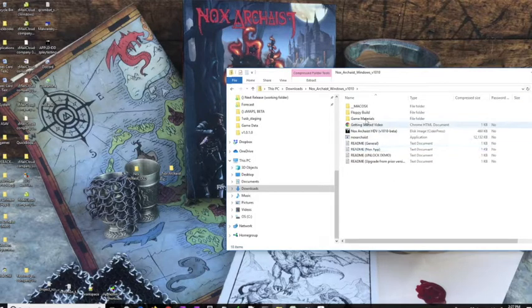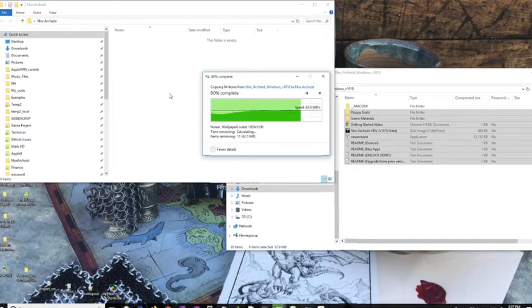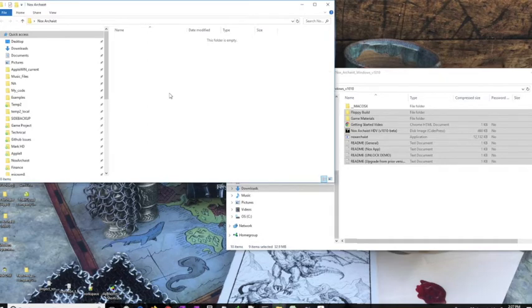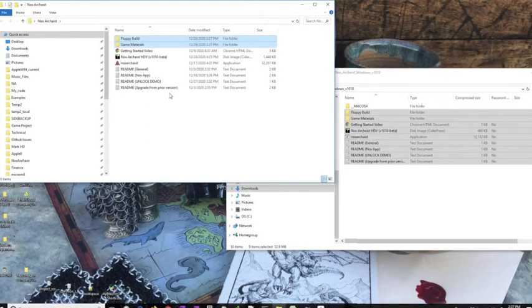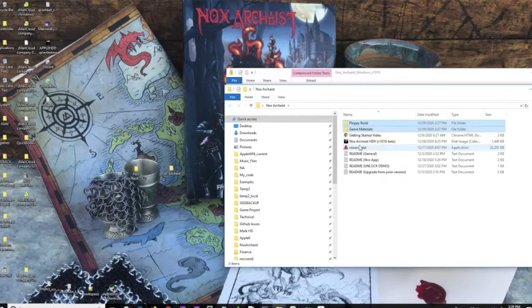So what we want to do is copy all of the files from the Nox Archaist zip file into the Nox Archaist folder, the new one that we created on the desktop. Once that is complete, we want to double-click on the Nox Archaist application file,